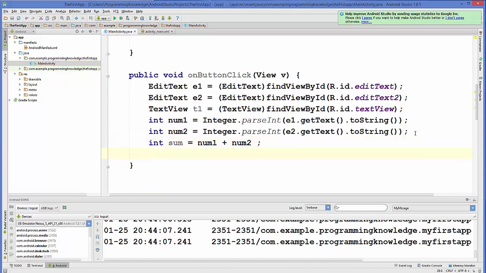So this will give us the sum of these two numbers,